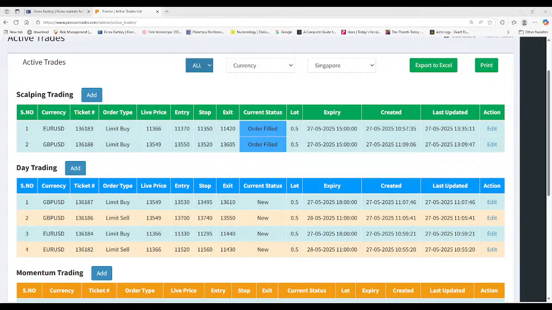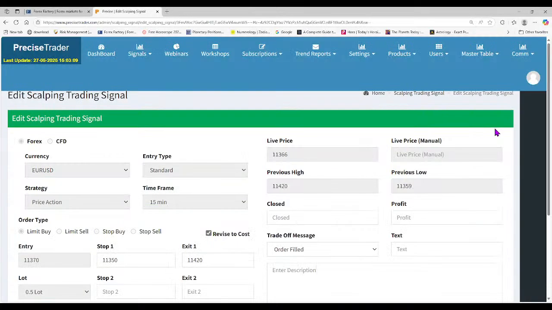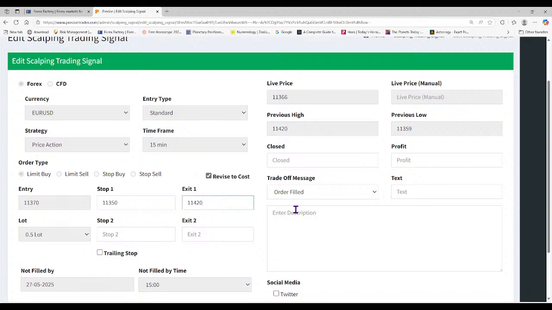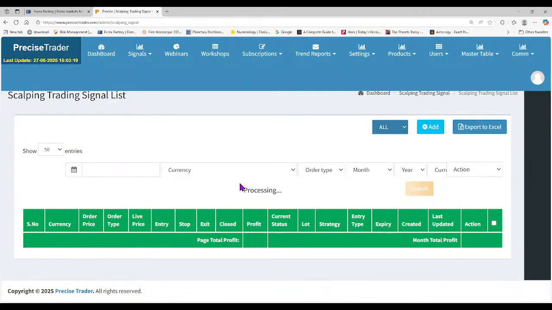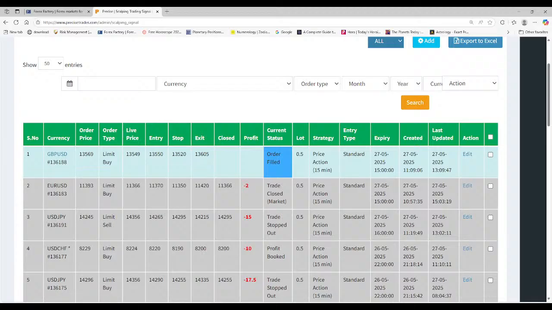We feel that this is going to go a bit lower, and we should be looking for the euro at least another 20-30 pip move. So what we will do is we'll try to close this at market, the euro. Okay, we close at market, and then